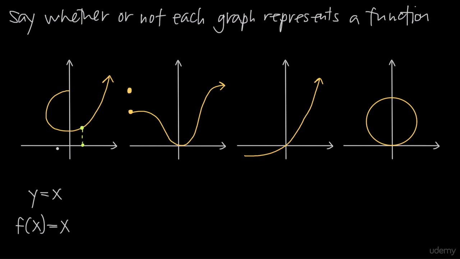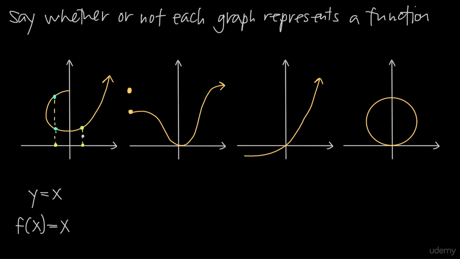On the other hand, though, if I pick this value of x right here, maybe let's say this is -1, and I plug it into my equation, I can get back two possibilities for y. I can get back this value for y, and I can also get back this value for y, because I'm plugging in this same x value. If I draw a vertical line here, I'm plugging in this same x value, but there's two y values that can be returned to me as a result of plugging in that x value. Since there are two possible output values for the single input value of x, this graph does not represent a